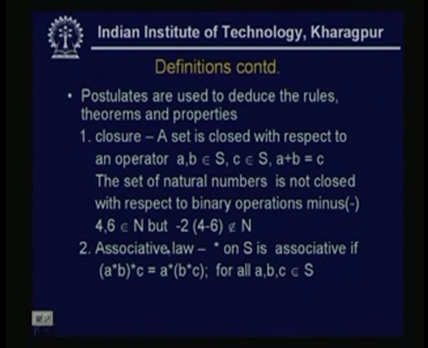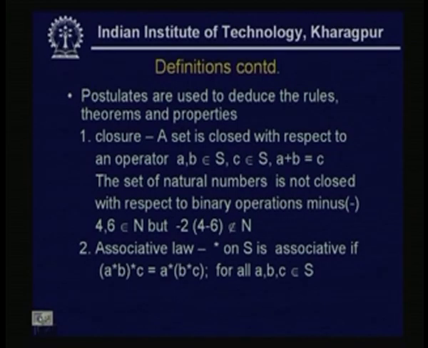Then 4 minus 6 is minus 2, but minus 2 is not an element in N, the natural numbers. So, the natural numbers N with respect to the binary operation minus is not closed. The closure property does not hold if we take the operator as binary minus. If we take the operator binary plus, then see